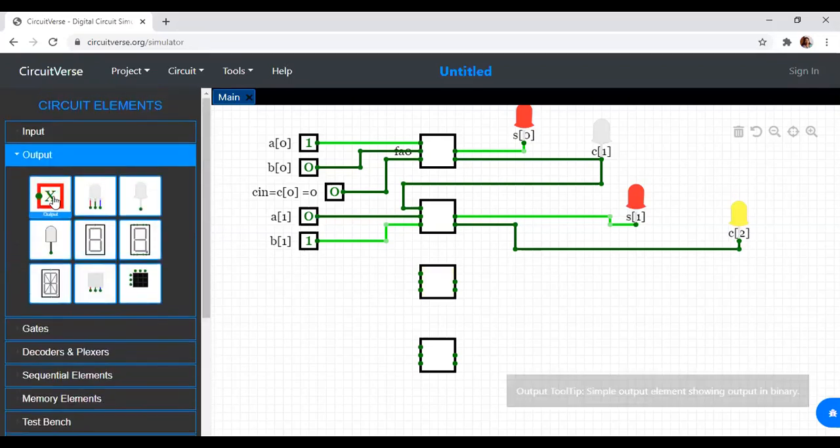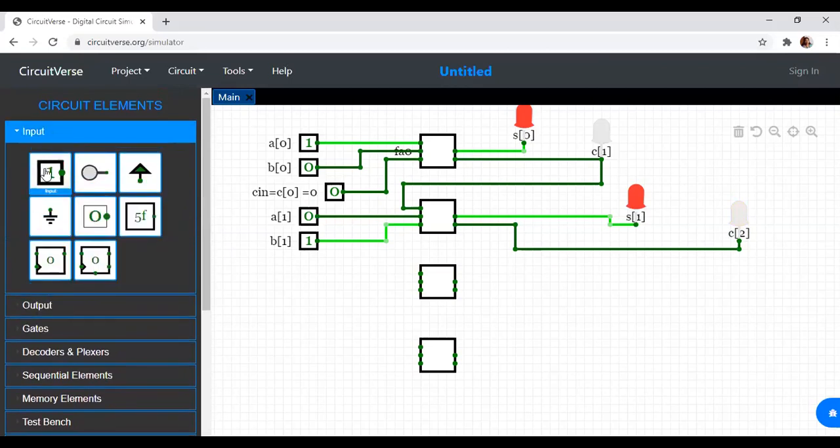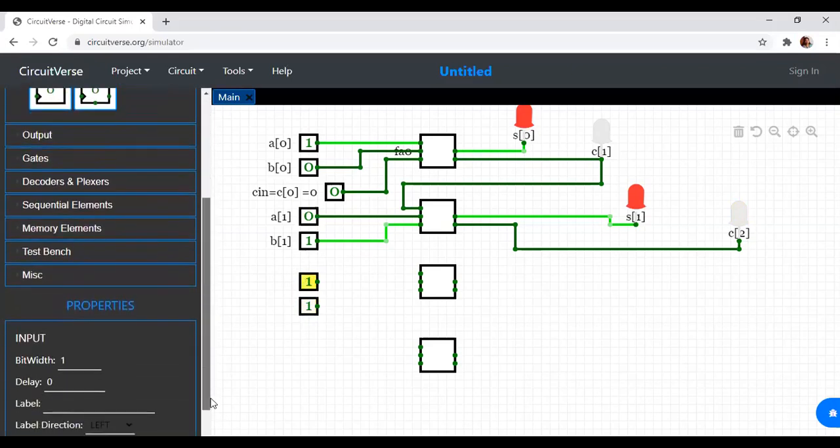Now what happens? Again, I have to give 3 inputs over here for the next one. 2 inputs only I require; one more input is from there. So what is this input? One input over here, if I label it, will be A of 2. What is the next input I have over here?